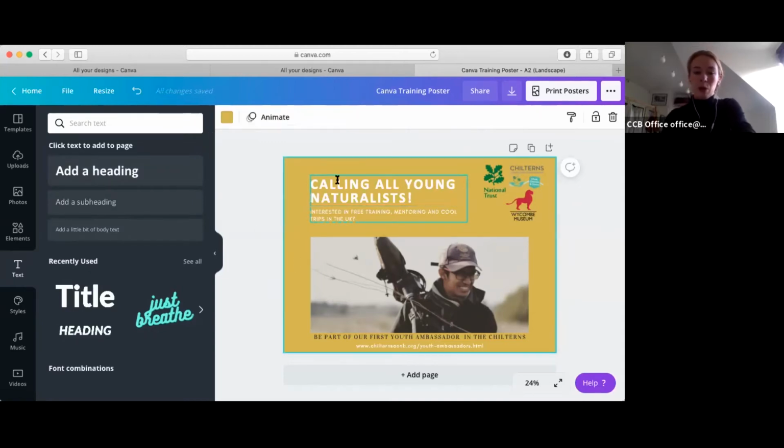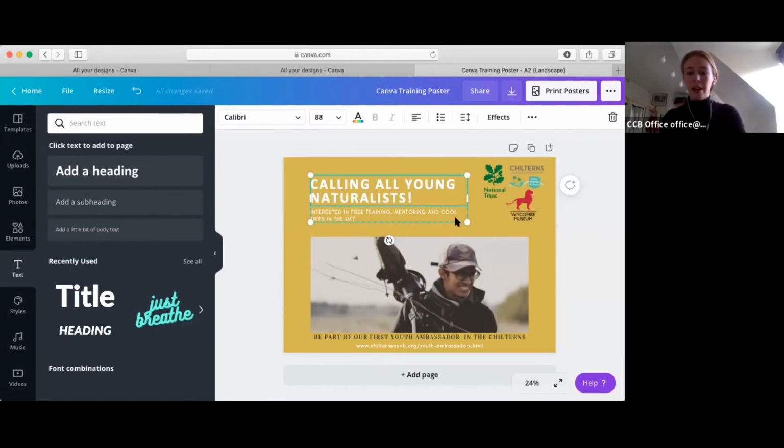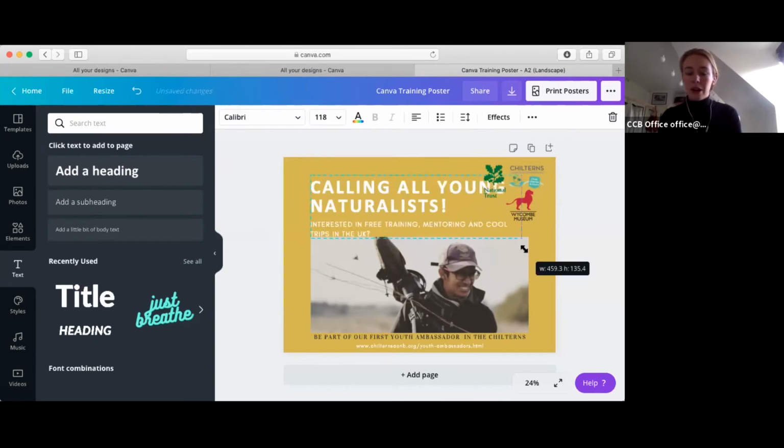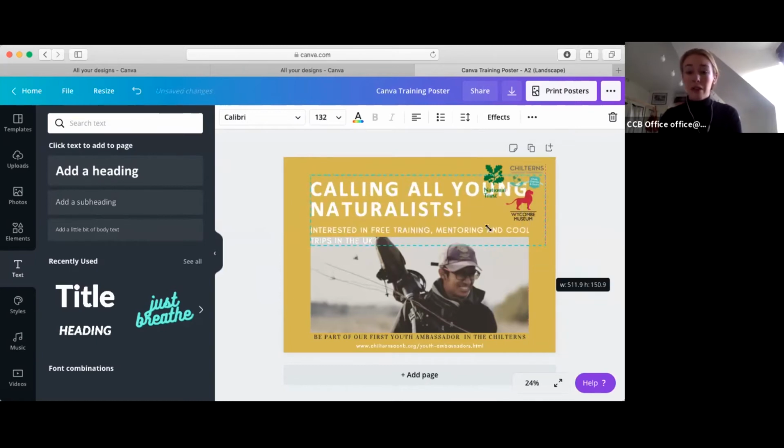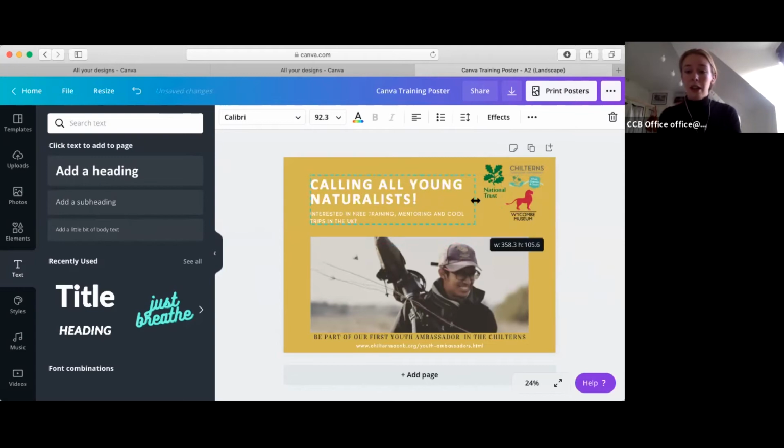So that's just something to be aware of, that you might find you've got a text box on your template and you're trying to edit it and you're thinking, well, why can't I make this bottom bit bigger without making the whole thing bigger? And you can see as I'm moving it, it's making everything bigger, which is not really what I want. I can move this sideways, but again, that doesn't give me too much help. So sometimes you might just need to delete the whole thing and add your own heading box separately